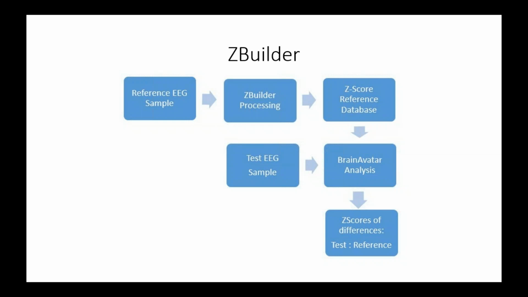But now when we analyze another piece of EEG, such as a test sample, using Brain Avatar, the z-scores we get show the differences between the test EEG sample and the reference sample. So we're not saying how normal or how typical the EEG is. We're simply asking in what ways is it similar or not to a previous EEG. Now, you can use this to look at changes in short periods of time,